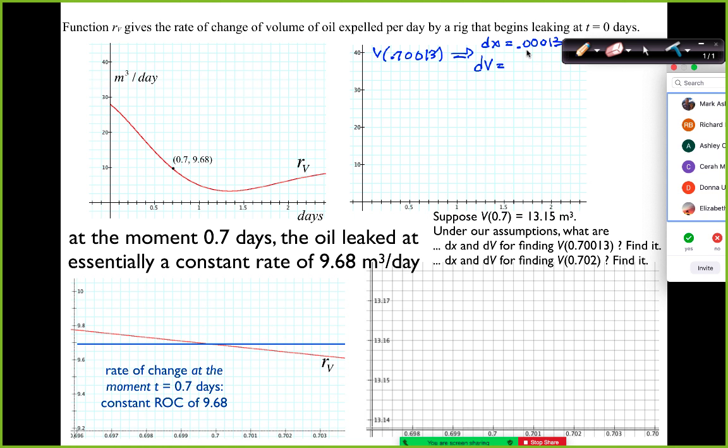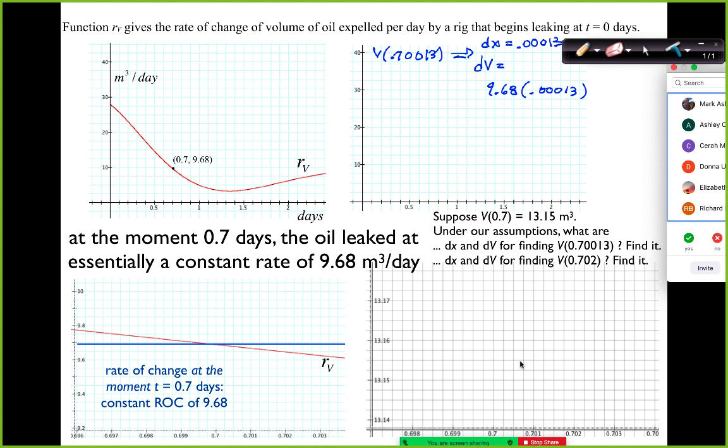So given this change in x, what is the resulting change in volume? 9.68 times dx. Right. What's our meaning for the 9.68? Given any change in time, the change in volume is 9.68 times the change in time. And how does that help us find